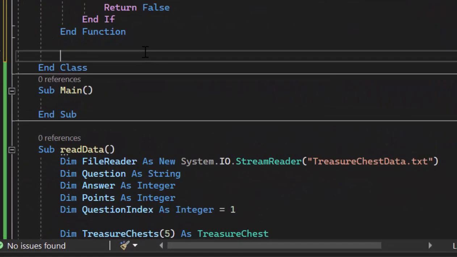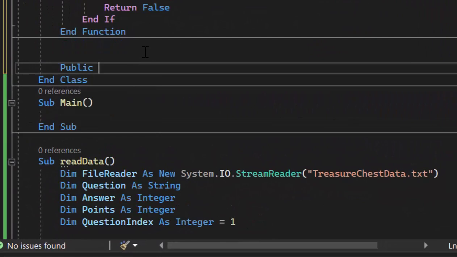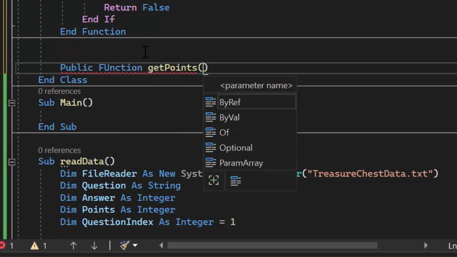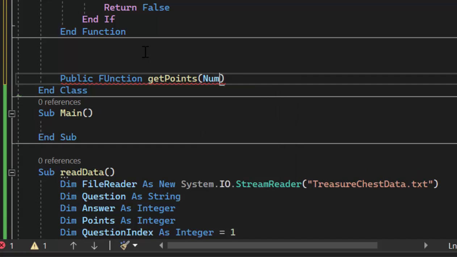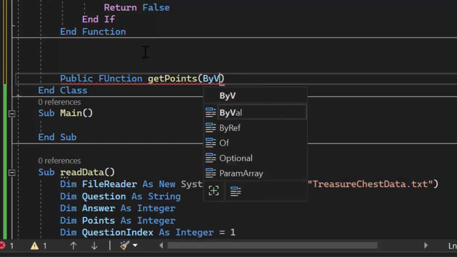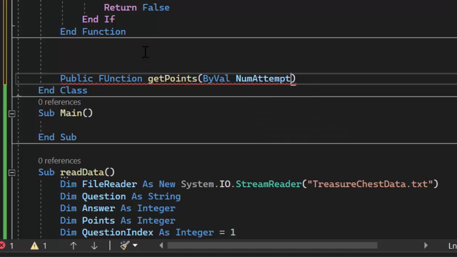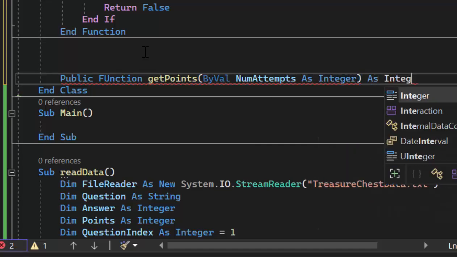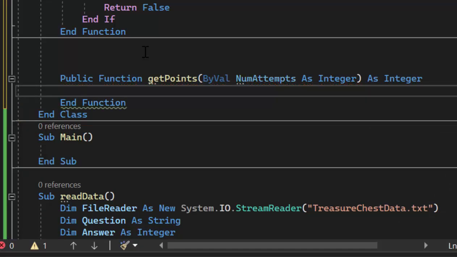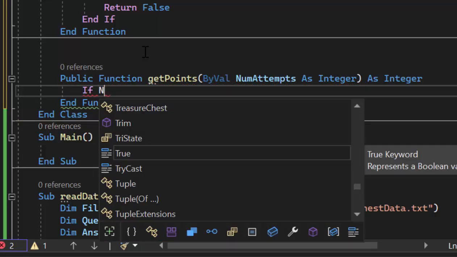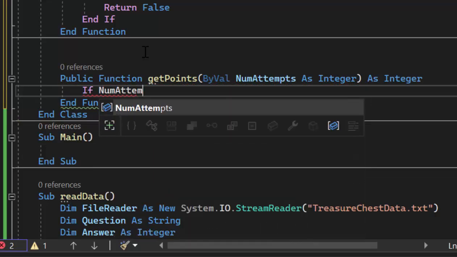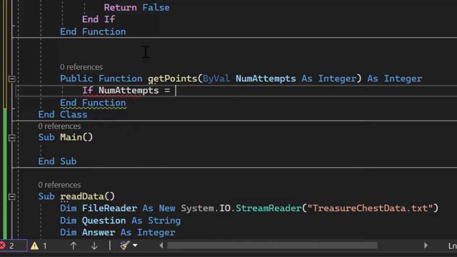So let's build this function getPoints. So we're going to do public function. That's going to be getPoints, and it accepts the number of attempts. So I'll say, we do the ByVal numAttempts. That's going to be an integer, and it's going to return an integer because it's returning the number of points. So if the number of attempts is 1, so we'll say if numAttempts equals 1, all we're